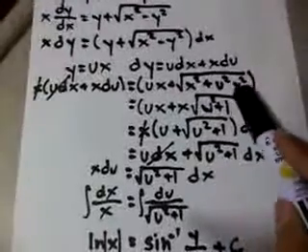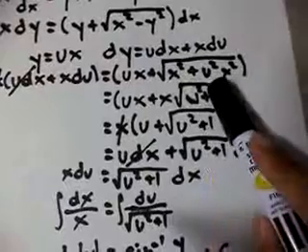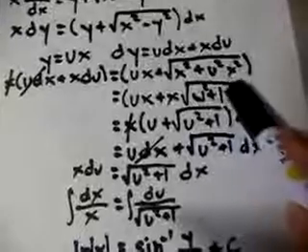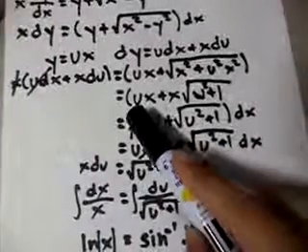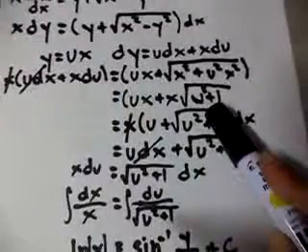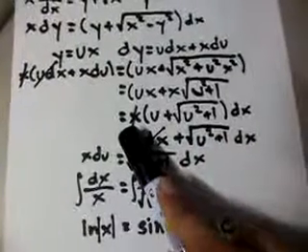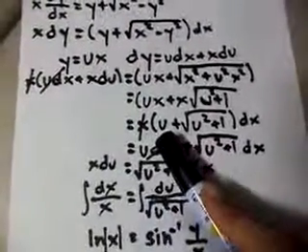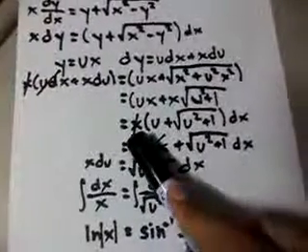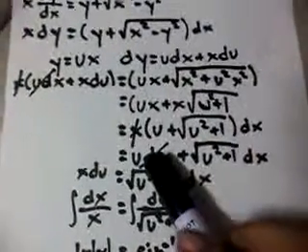Then we manipulate first the right hand side. We have a common factor, which is x, then the square root of x² is just x, so the expression will be ux + x√(1 - u²). Then they have a common factor, which is x, so it will become x(u + √(1 - u²)). So this is common, so we can cancel out.